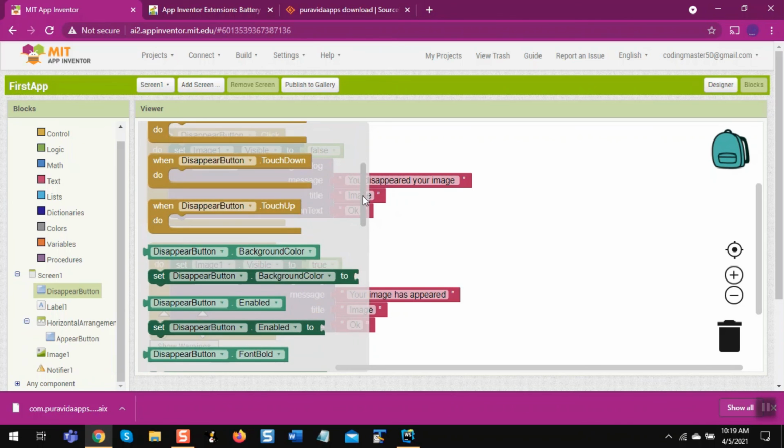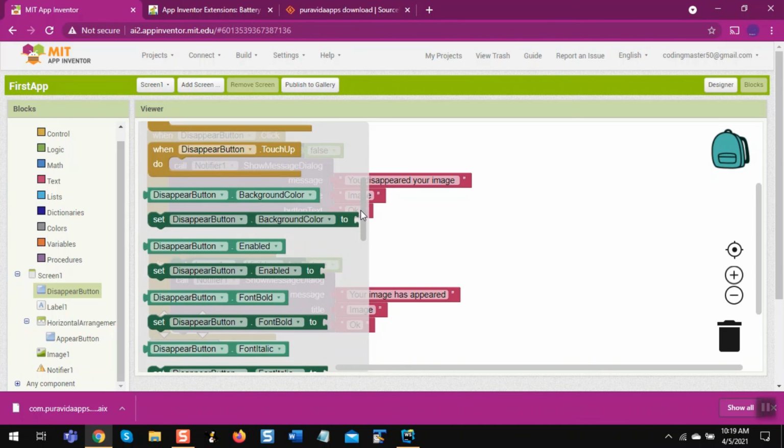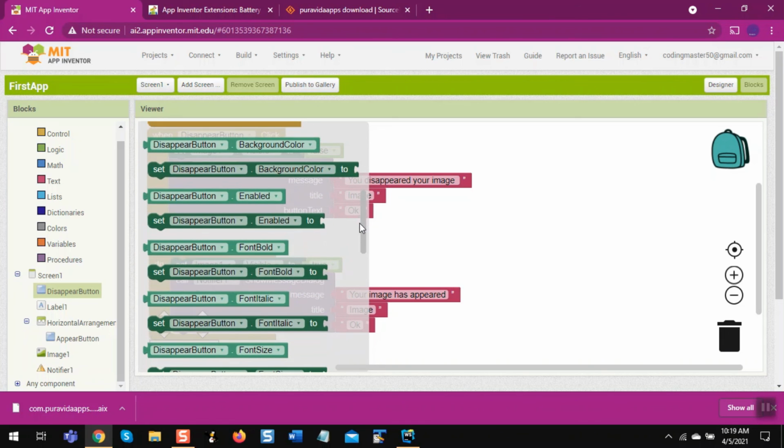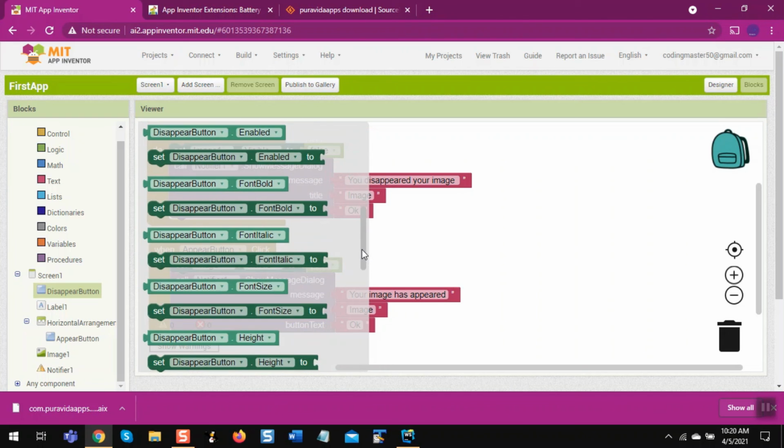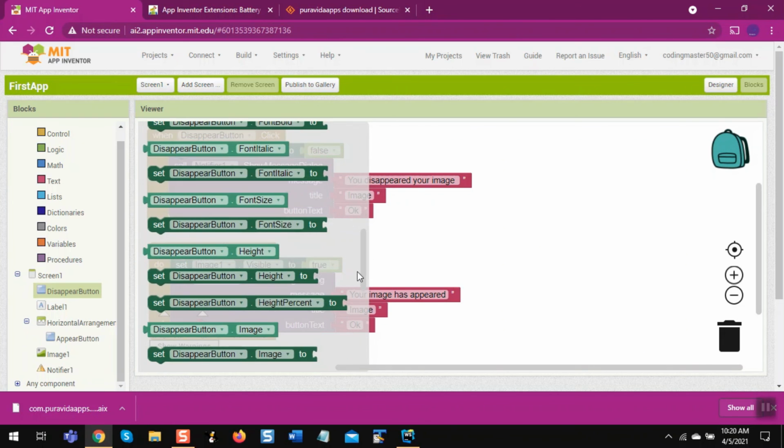So like this button, set background color, you can set the background color to orange, red, anything. This button enabled, then it will become dark. Enabled means it will become a real button, you can click on it. But if you want this to be disabled, then you need to set it to false, true or false, from the logic. And then font bold, if this button clicks, set it to font bold.